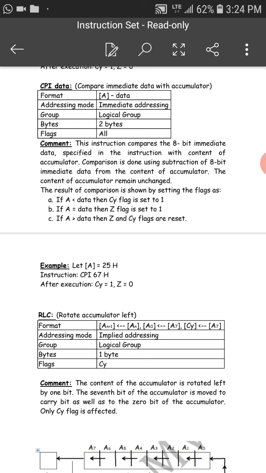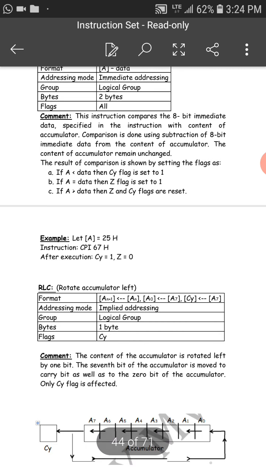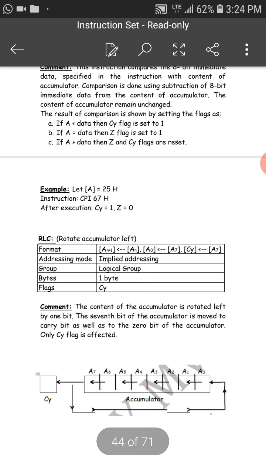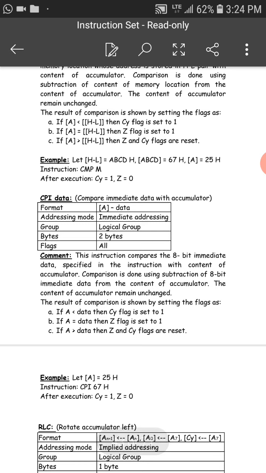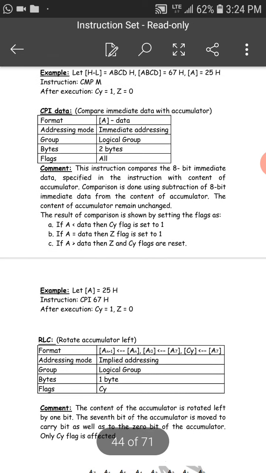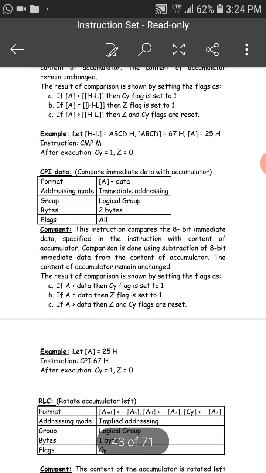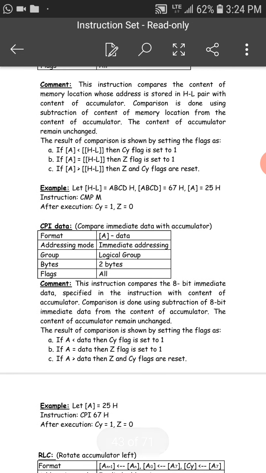The condition is the same as above, that is, if the accumulator content is less than the data, then the carry flag is set to 1, and if your accumulator data is equal to the given data, then the Z flag is set, and if your accumulator is greater than the data, then the carry flag is reset. So you have to remember all these conditions. Here we compare with the HL register pair data, and here we directly compare with the data in CPI, and CMP means